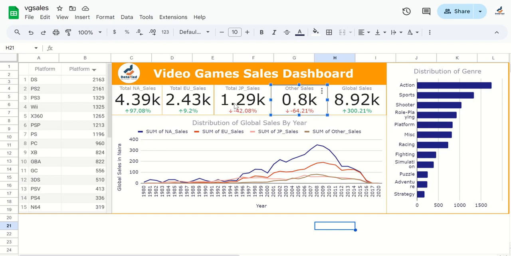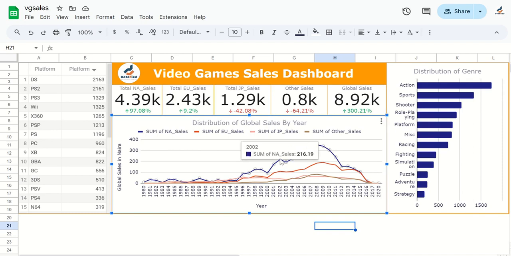So it means that there are a lot of sales in the NA region, right? So the NA region had the highest sales, which is shown by these cards, and here's the global sales. The global sales is just the total sales for all four regions, all right? Okay. With this, line charts, you can also see it again clearly that for the NA sales,